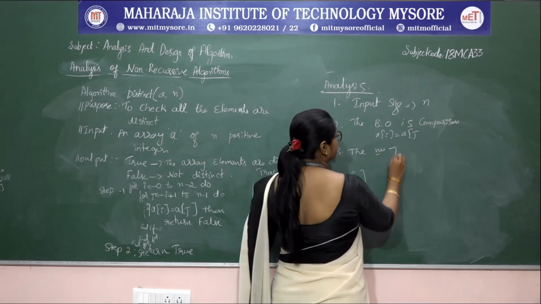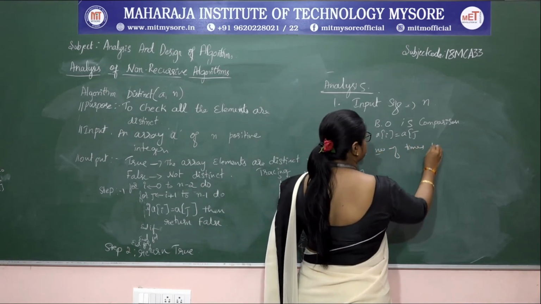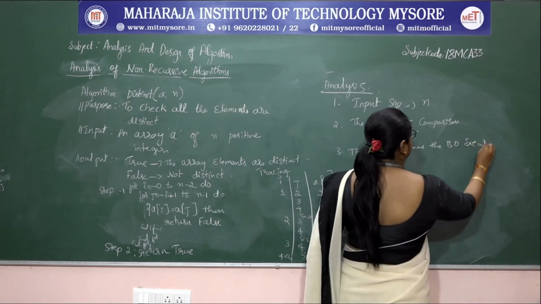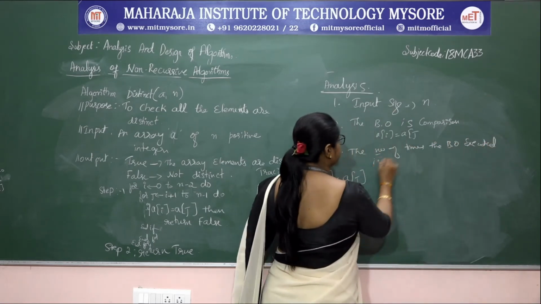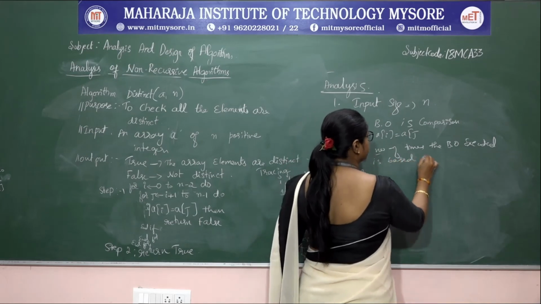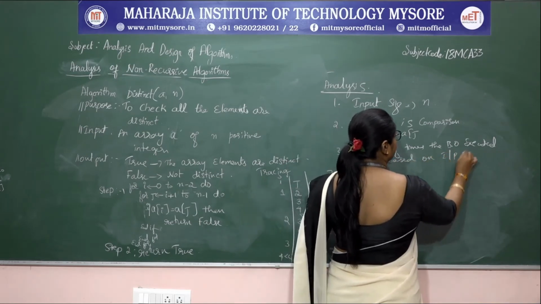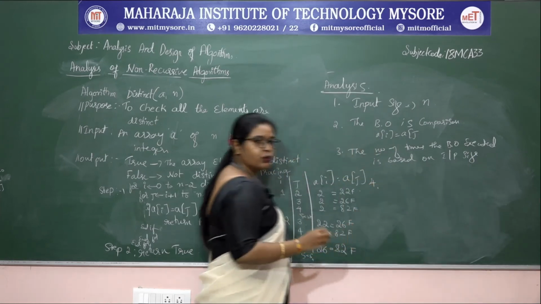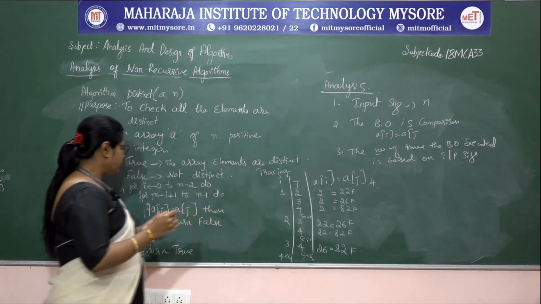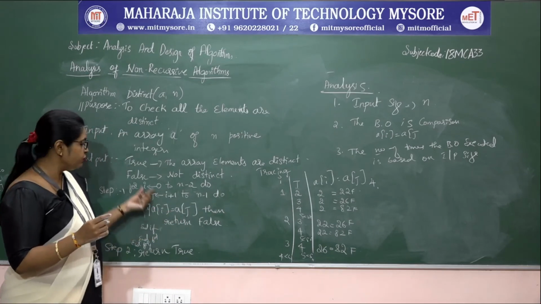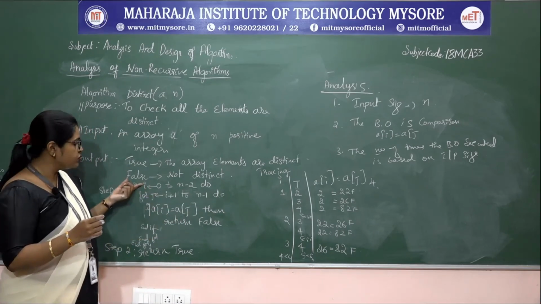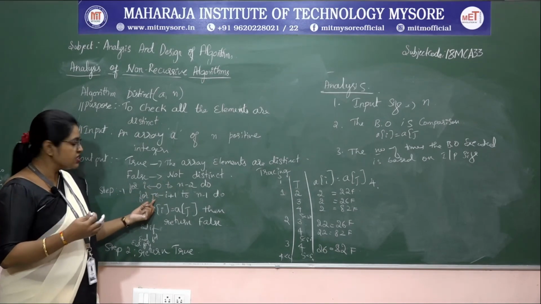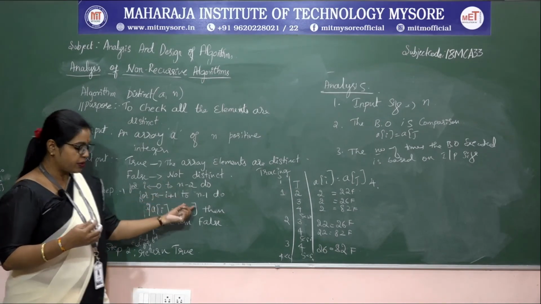so that is the number of times the basic operation is executed, which is based on input size. Therefore, the fourth step is we need to set up a summation equation. In order to set up a summation equation, we have two for loops. Outermost is i is equal to 0 to n minus 2 and the innermost is j is equal to i plus 1 to n minus 1.